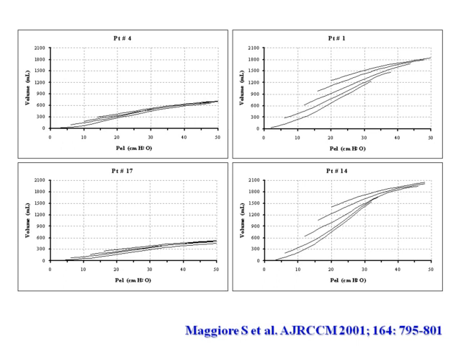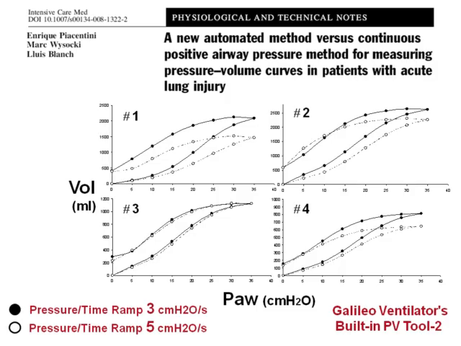Maybe, I think, is not wise. So we need to decide, in that case, based on monitoring tools at the bedside. Be careful also with these tools, because they allow several possibilities of drawing these pressure volume curves, and we need to choose the one that tells us the information that we want. These are the automated method built on the Galileo, that we can draw pressure volume curves using a time pressure ramp